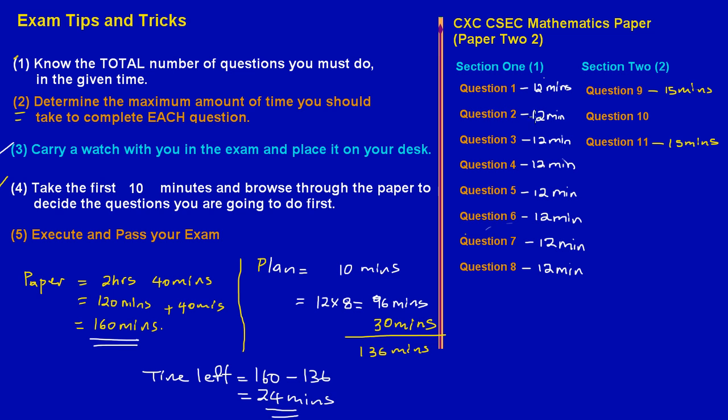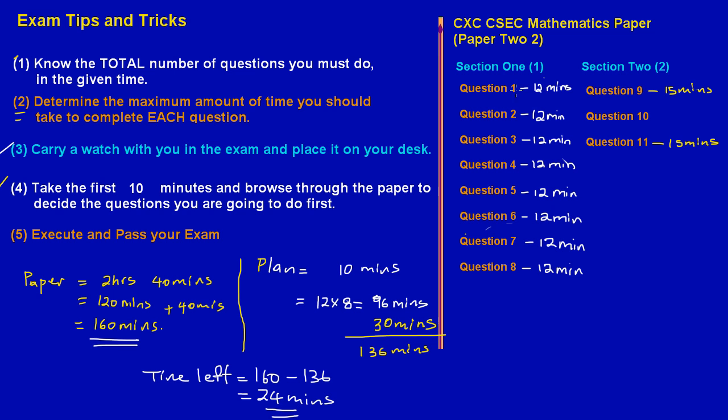So let's say, for example, when you were at question 2, you only could have completed parts A and C. Now you could have gone back through the paper to complete B. Let's say at question 4, you only completed A, B, C, but you didn't complete D. You could have now used the 24 minutes you have left to do your checks and complete the questions that you had to leave out earlier when you were going through on your 12 minutes per question. Now, my friends, why I chose this formula to use is that